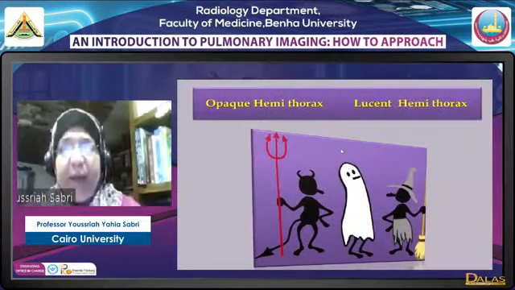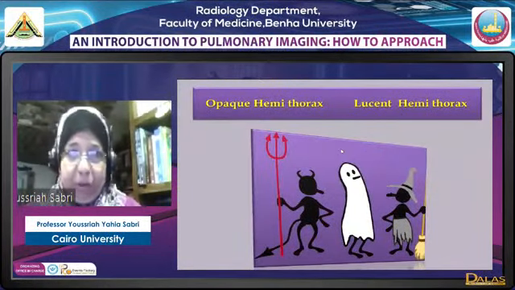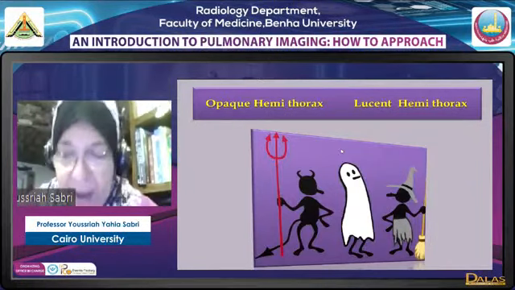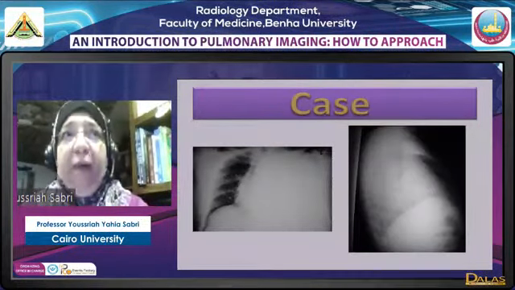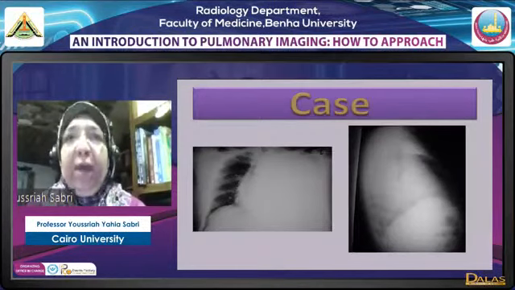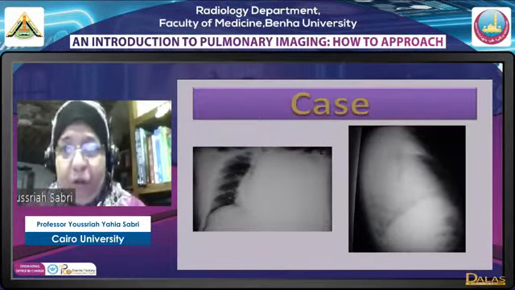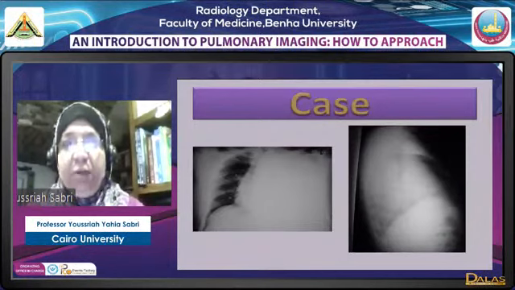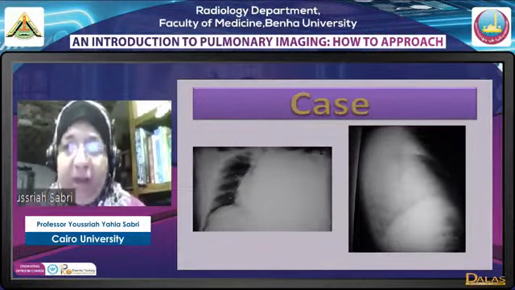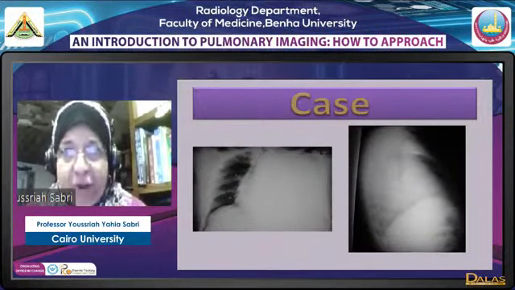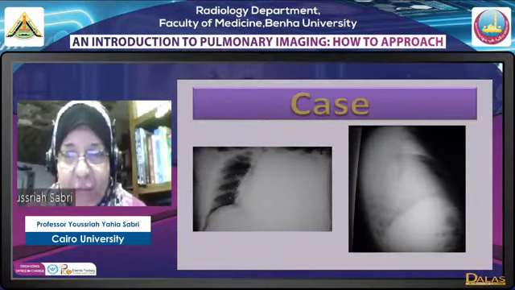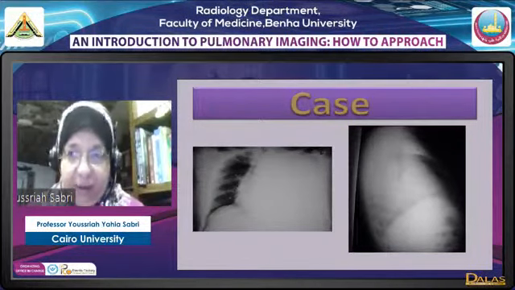Now we have the opaque hemithorax, lucent hemithorax. Okay, one either black or white. What are the possibilities that we have? We have 4 possibilities: an opaque hemithorax with increased volume, an opaque hemithorax with decreased volume, a lucent hemithorax with increased volume, or a lucent hemithorax with decreased volume. The 5th possibility is that we have a hemithorax problem with no volume change, and this has a